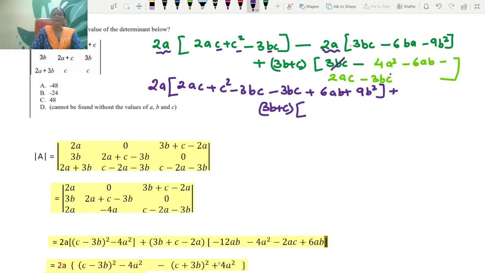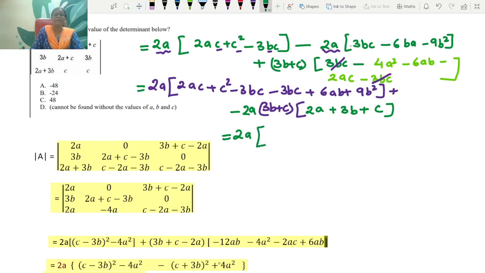आप लोग देखिए थोड़ा सा lengthy हो रहा है but अपने पास option नहीं है, 3bc gets cancel और 4a² all negative में यहाँ minus, और उसमें एक और चीज दिख रहा है, 2a भी common दिख रहा है, तो I am taking that 2a common, तो what is left is 2a plus 3b plus this will be c, ये हुआ इसका expression। अब इसमें से भी अगर आपने एक और 2a common ले लिया and then when go for the further simplification, आपको पहले ये खोलना पड़ेगा, तो इतना lengthy calculations है इसमें।